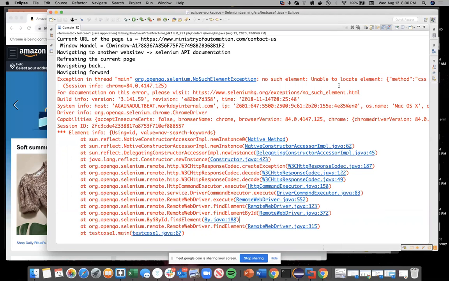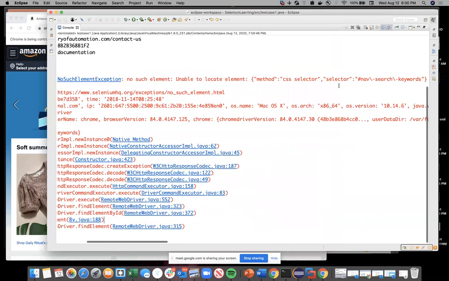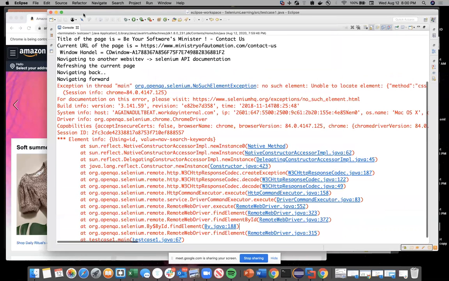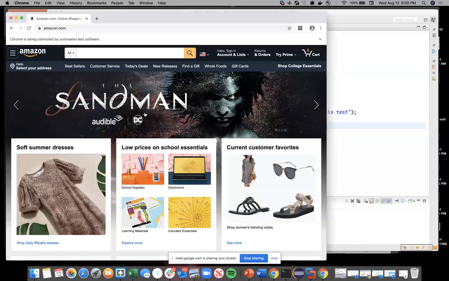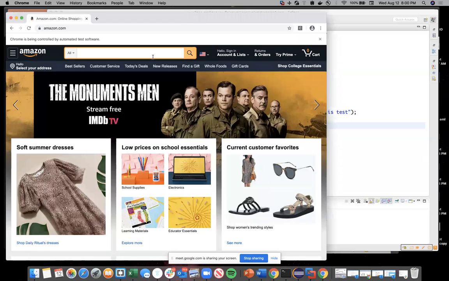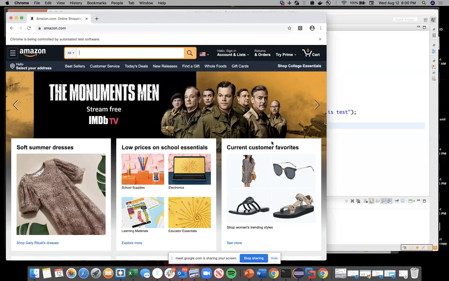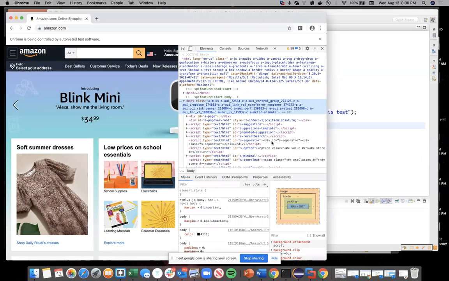Which means that whatever element we are trying to find using ID, it is saying no, I am not able to find that using the ID. So this didn't work, correct? We'll have to find some other attribute. So let's say what we're going to do. Let's assume that